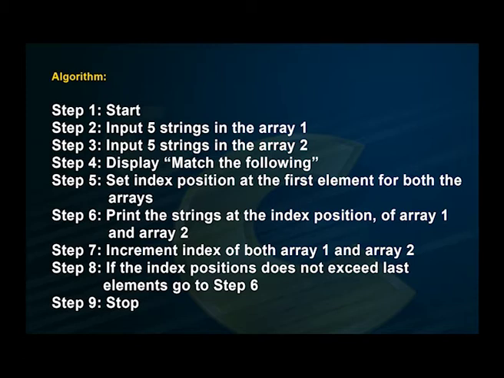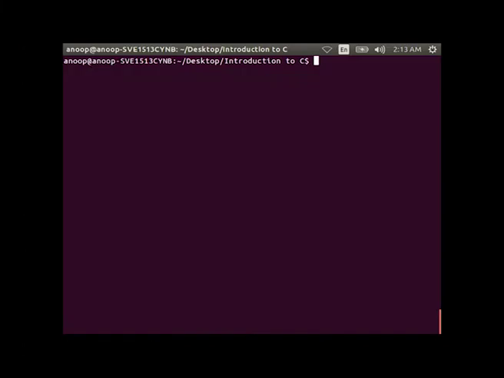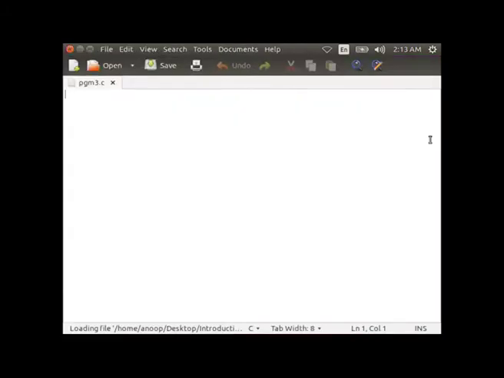Step 6, print the strings at the index position of array 1 and array 2. Step 7, increment index of both array 1 and array 2. Step 8, if the index positions do not exceed the last elements, go to step 6. Step 9, stop. Now, let us type this program and compile and run for the results.